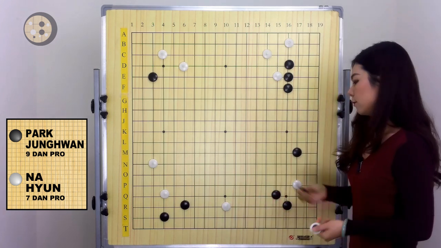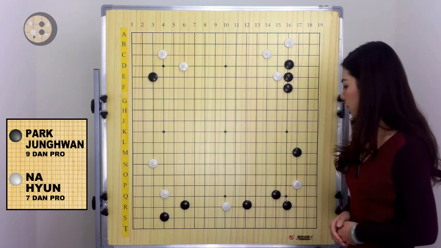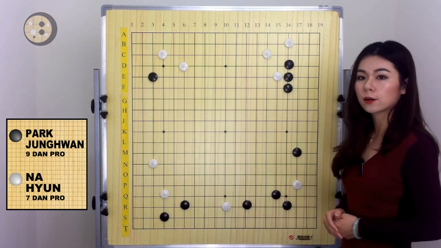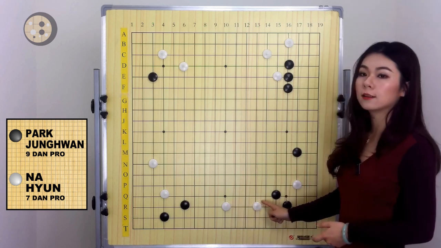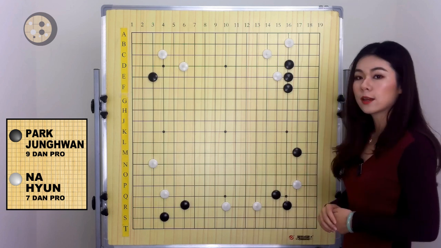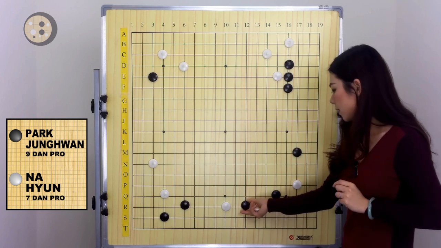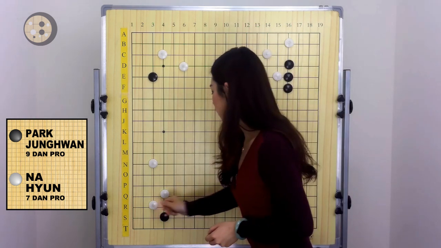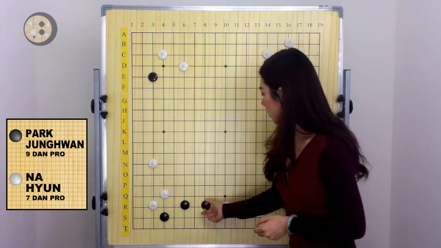Okay, and then that's fine. Split the side, and then black approached from the right side, which is the correct side, because you don't want your opponent to make a 2 space extension in your territory. That will be the best shape to settle the weak group. So black approached from the right side, correct, and now white comes back to fix the corner, and black played